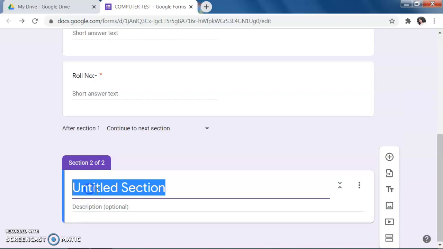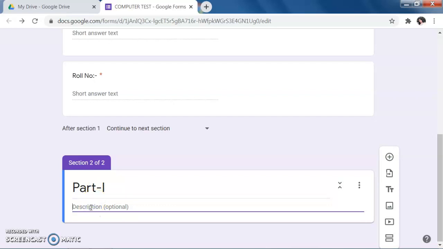Then you can write down, suppose I'm writing here Part 1, and in the description you can write any description, like all questions are compulsory. So like this you can give any description over here.